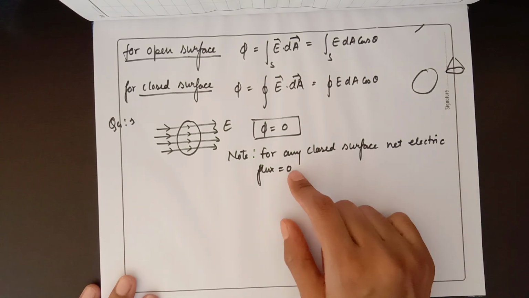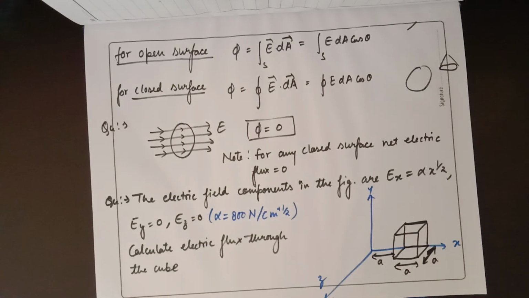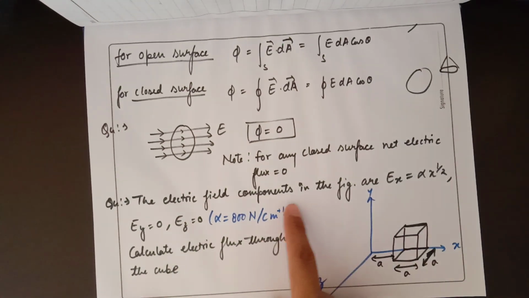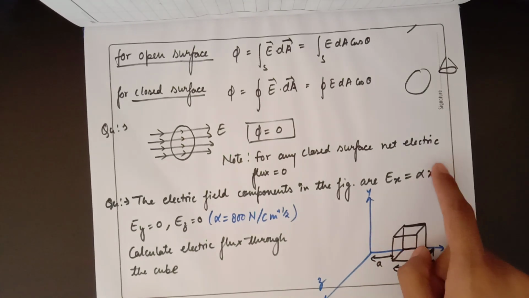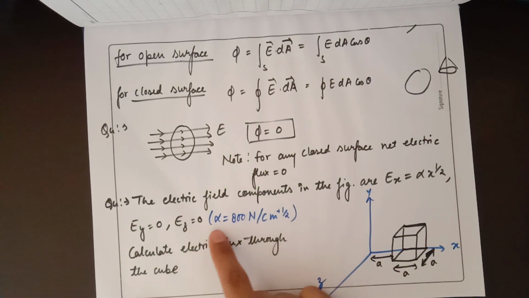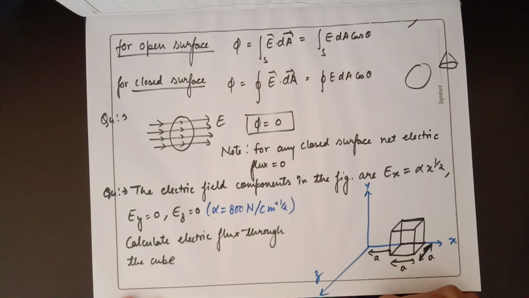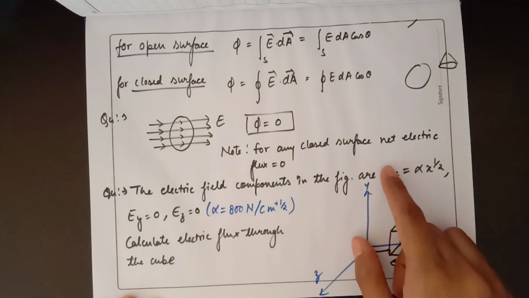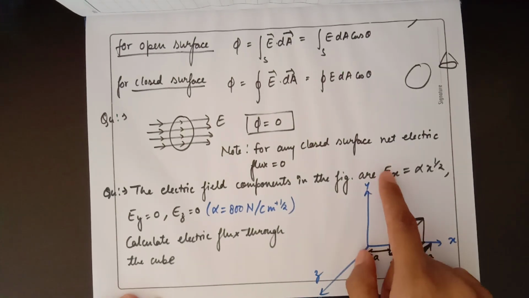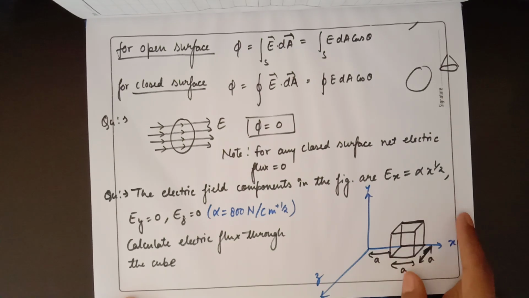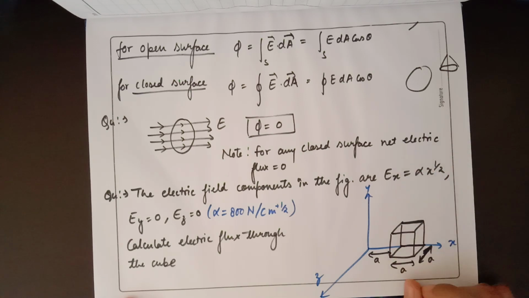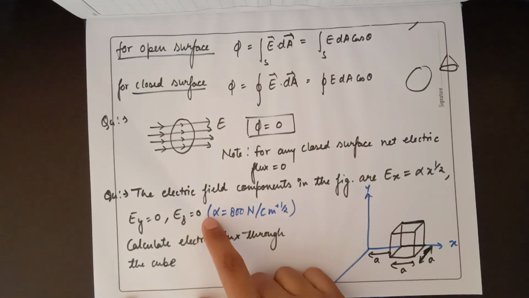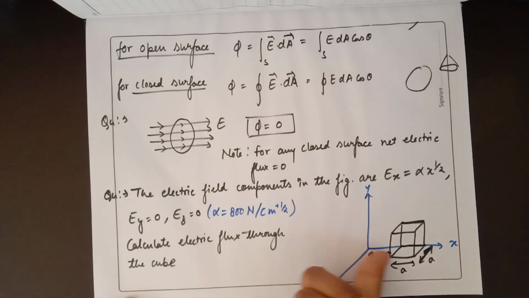So now we will solve a question regarding the electric flux. This is our question. The electric field components in the figure are Ex equals alpha x raised to power half, and Ey equals 0, Ez equals 0. What the question is saying is the electric field component along the positive x direction is alpha x raised to power half, and Ey, the electric field component along the y direction, is 0, and the electric field component along the z direction is also 0. If we suppose this is the x direction, this is the y direction, and this is the z direction,